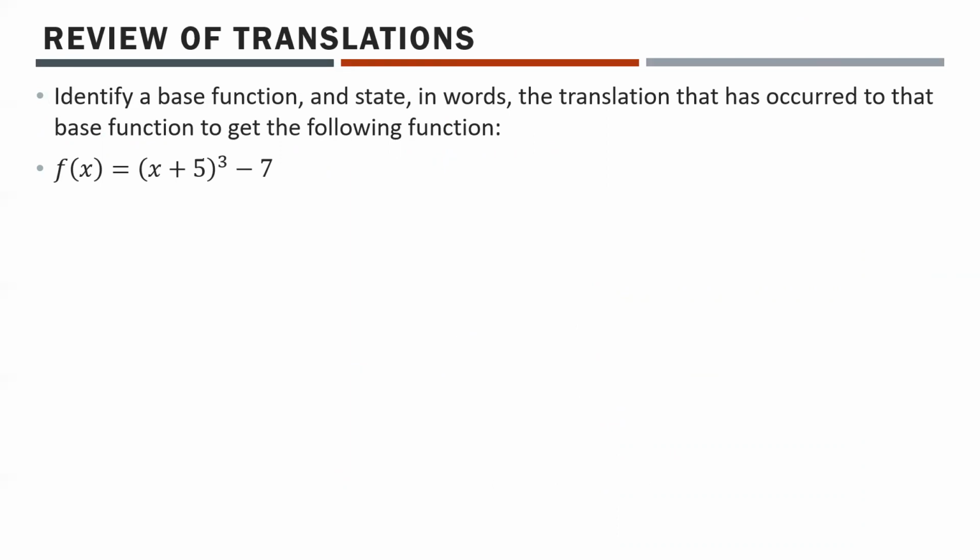So we're flipping back a little bit here, right? So the first question here is asking, identify a base function and state in words the translation that's occurred to that base function to get the following function. So basically, we want to kind of strip away the nonsense from this and figure out what our base function